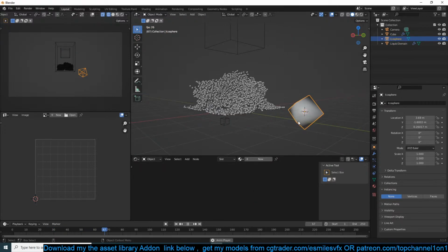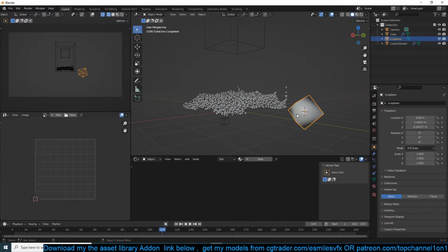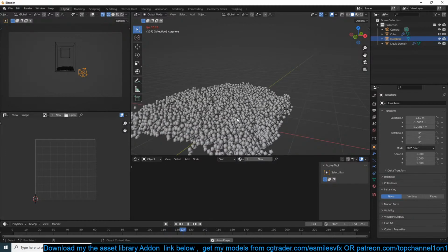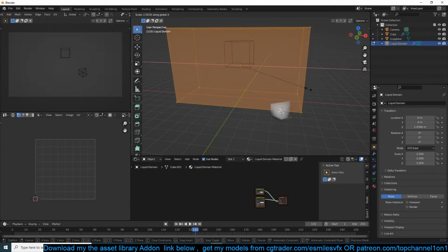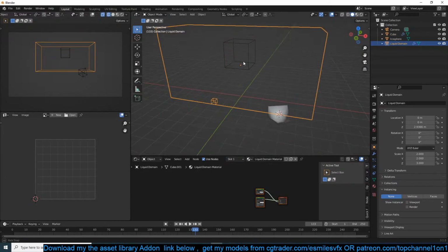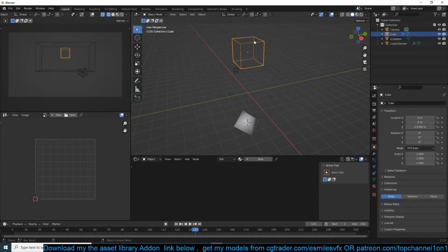So I think this is the best way to simulate sand. You have the sand particles now. Let's see, let me change the domain. And also